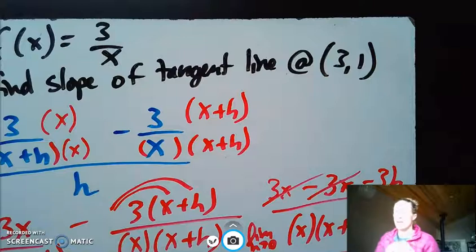Then you can plug that into point slope, just like on the other ones, and get the equation of the tangent line